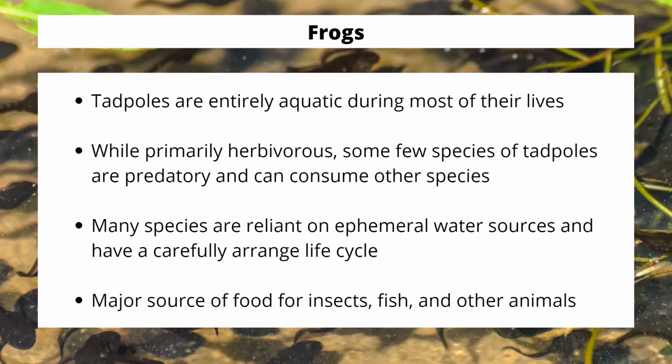And eventually they themselves are going to become predators that are going to have a large life around ponds and other environments. For the last several weeks, we have been hearing tree frogs do their mating calls. So they're getting ready to lay their first bunch of eggs in the water wherever you're living right now. Their life cycle is arranged around those, especially if they have an ephemeral pond they use. They will make sure that they get their eggs laid and the eggs hatch out before July gets here, because by that point, those water sources will have dried up for the season. And of course, they're going to be that major source of food for other organisms.